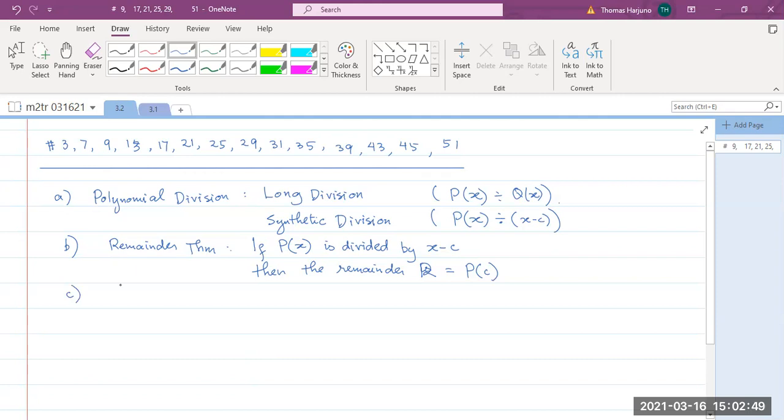And a consequence of the remainder theorem is the factor theorem. That says if p(x) is a polynomial and p(c), when you replace x by c, equals 0, so the remainder is 0, then x minus c is a factor